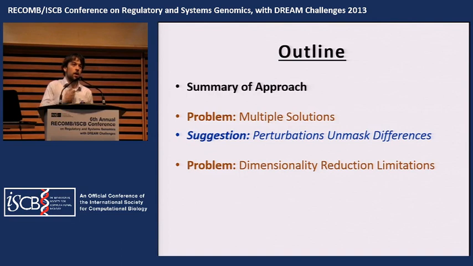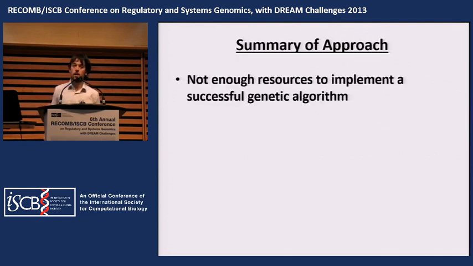And then at the end of the talk, if I don't run out of time, I want to touch on some more technical details of dimensionality reduction. As part of my method, I used principal component analysis out of necessity. And I think to really make more progress on this problem, we need to start looking towards contemporary nonlinear dimensionality reduction algorithms, which is really a hot topic in the machine learning community today and is really an unsolved problem. Okay, but let's start off with what I actually did.